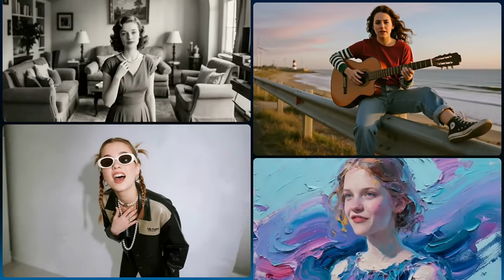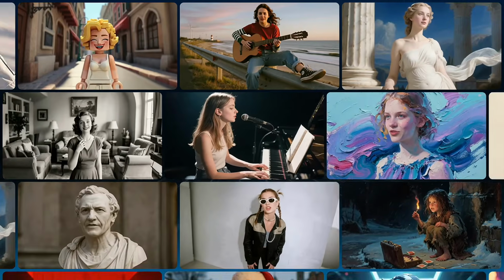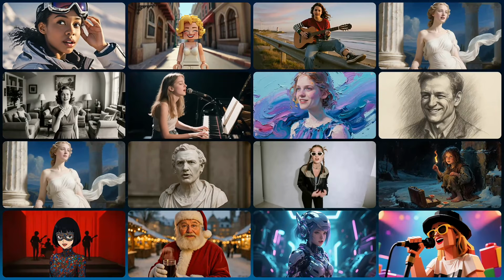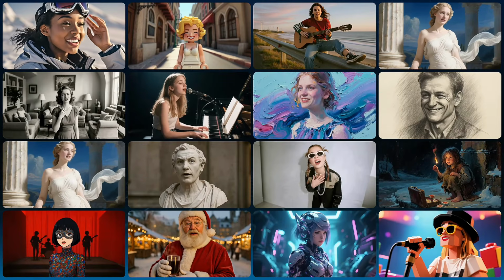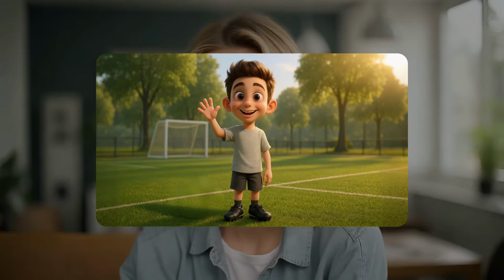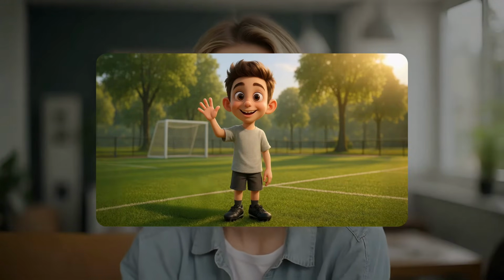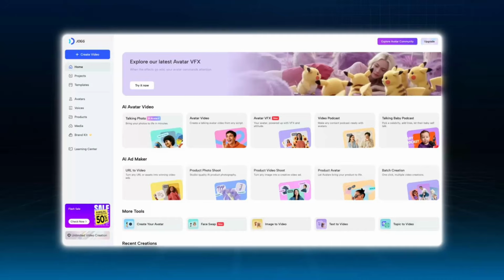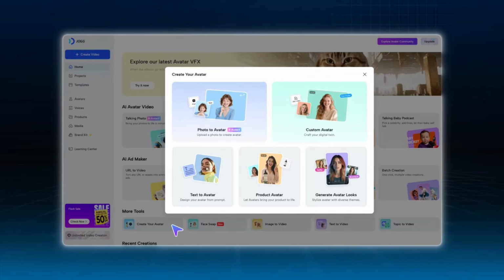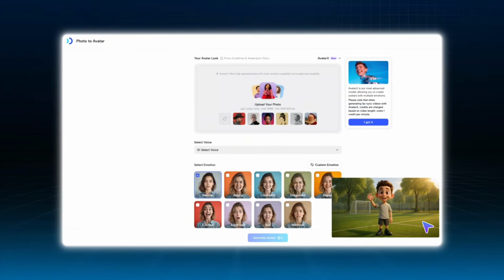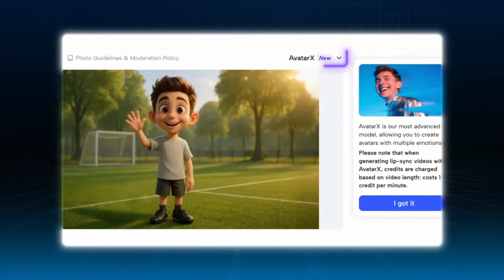It doesn't just excel with realistic human avatars, it also performs amazingly well with cartoon, Lego, and other creative styles. Let's take one of the images we generated earlier. For example, this picture of the male classmate on the basketball court. We go back to the JoggAI homepage and click Create Your Avatar. To turn this image into an AI avatar, we select Photo to Avatar, upload the image, choose the AvatarX model,